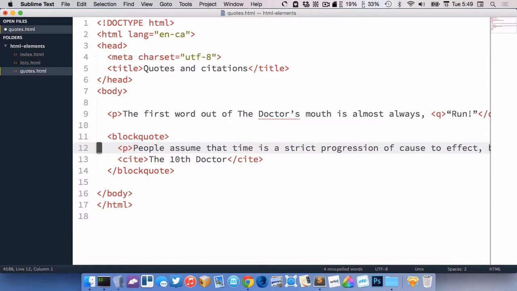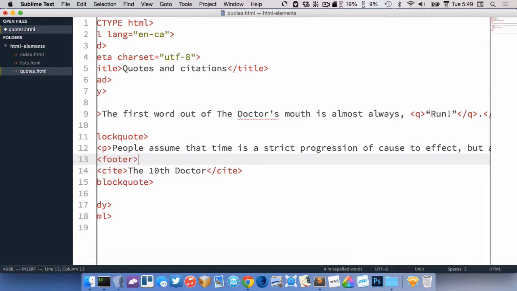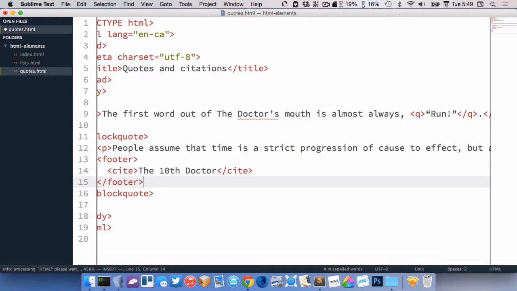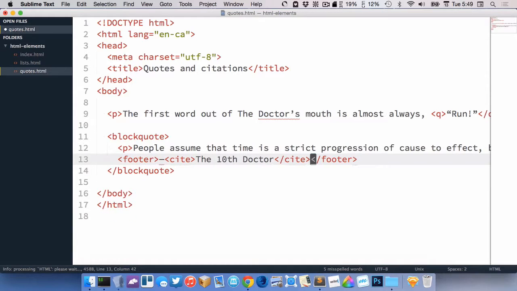Now, there's another element that I'm going to introduce to you right now, but I talk about it a little bit more in a later video, and that's called the footer element. So the footer element is used to denote some sort of extra information. So for this one here, it would make sense to put this extra information inside of the footer element like